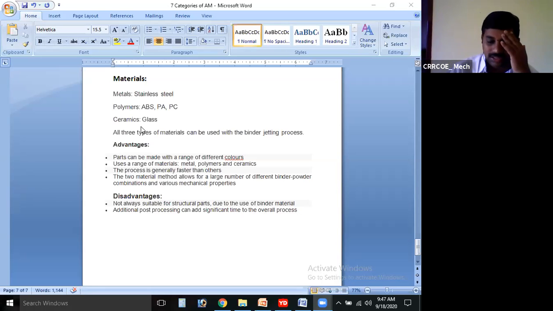Why we are going to use all these things is to improve mechanical properties. What are the different mechanical properties? Hardness, toughness, and so on. We have different mechanical properties that will be tested before producing any component. They are going to test it in the software itself, using ANSYS or some other analysis software. We are going to test the component virtually, then we will go for the production process.